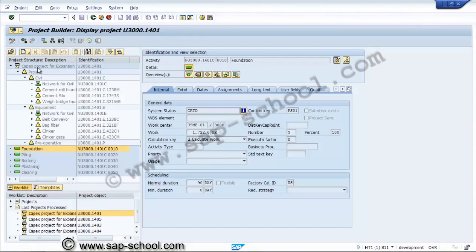We have assigned the WBS element for the network header. Now we will assign the WBS element for network activities. Now we'll see how we assign the WBS elements.